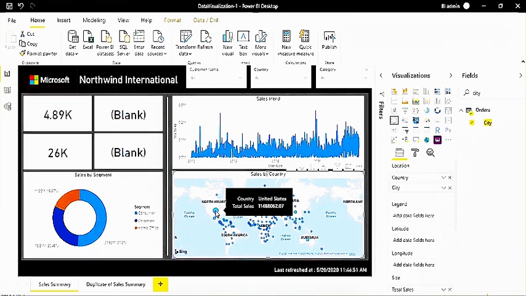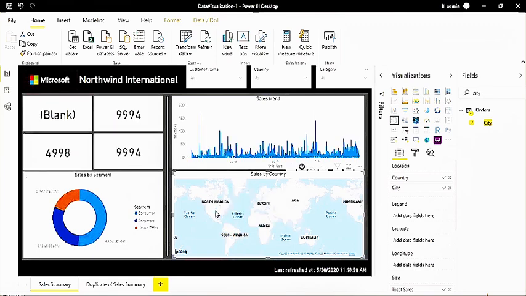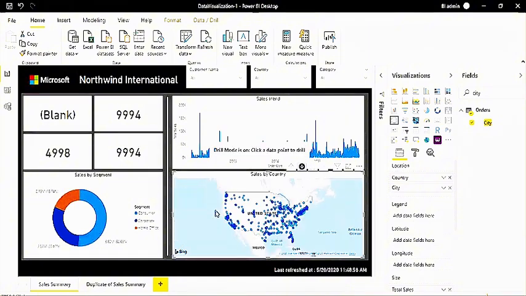Here I want to go to the next level, which means city wise. First I have to enable this drill down. You can see, click to turn on the drill down functionality. Click on it. Now drill down is turned on. When I click on the country now, it takes me to the city level, right? Now I can see the data at US city level. So this is a hierarchy. In case you have another hierarchy further below city, that can also be visualized here. All right, this is drill down.